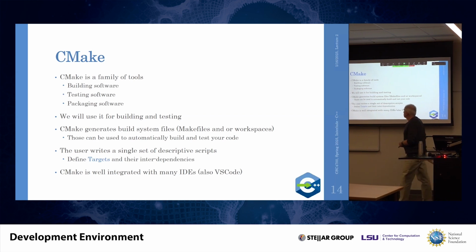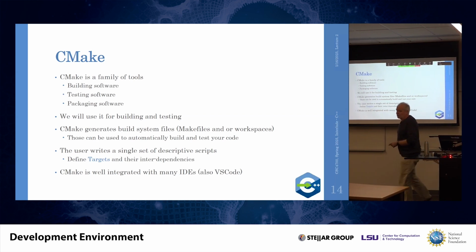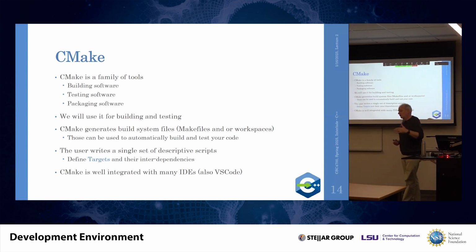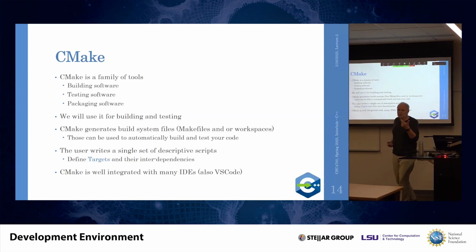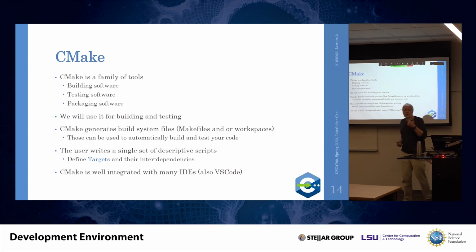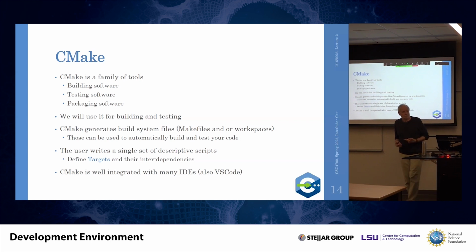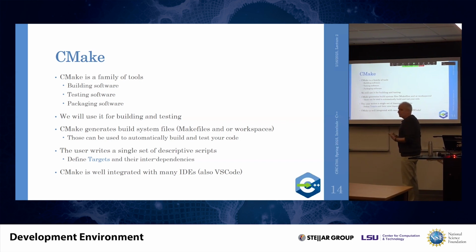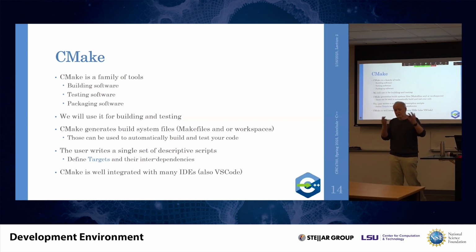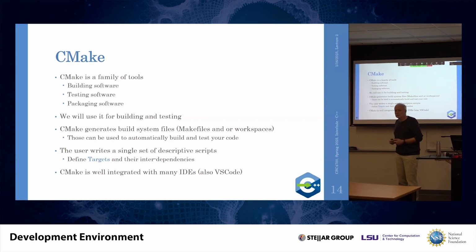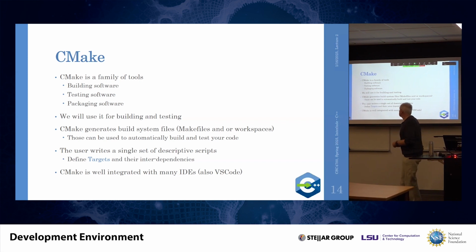So what we will do, we will use CMake. CMake is a tool that generates a build system which essentially contains all the command lines for the compiler and for the linker and for the assembly as you need it. It's a very convenient tool because you generate the build system once, and then you can use that generated build system to build your executable with one command, which simplifies things a lot.